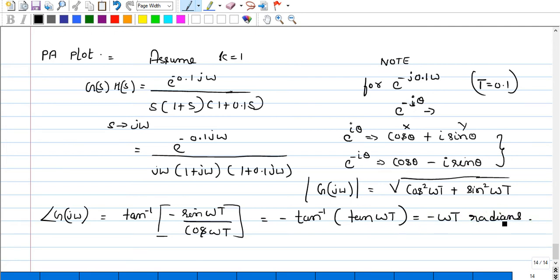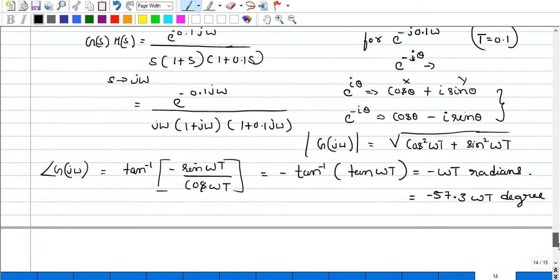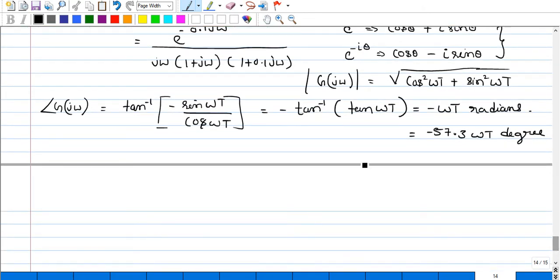Okay, so let me convert the same in the form of degree, so that will yield minus 57.3 omega t degree. So students, you should remember this. You need not do the complete substitution in the exam. So if you remember this, okay, for example, if they have given